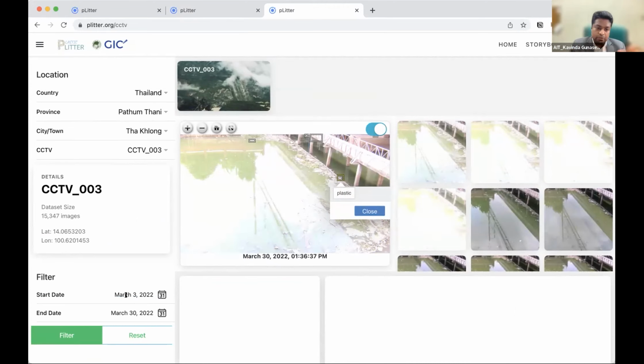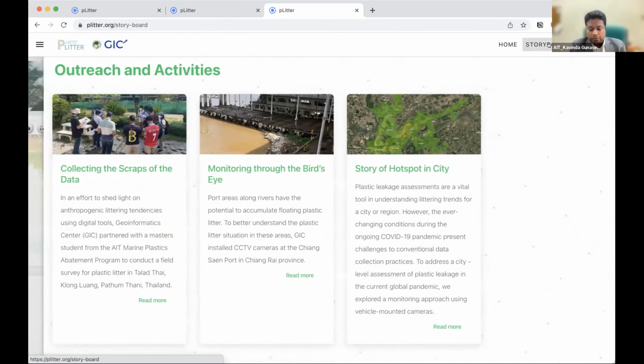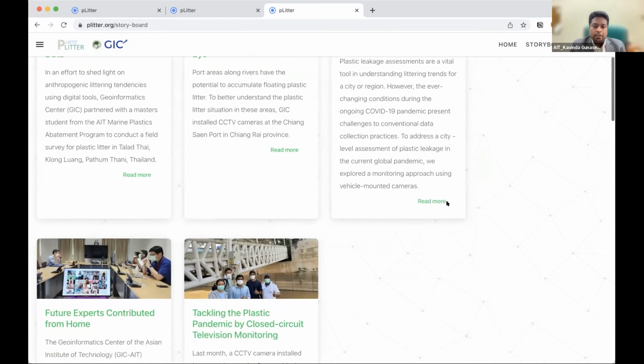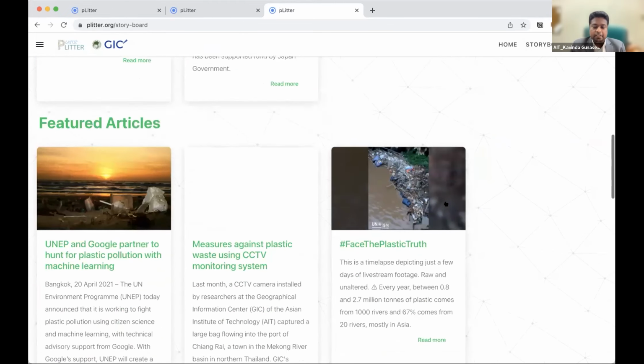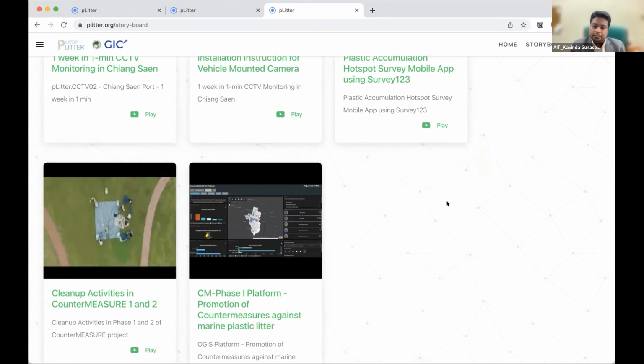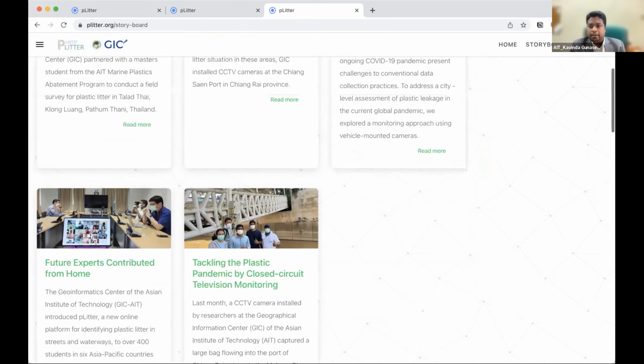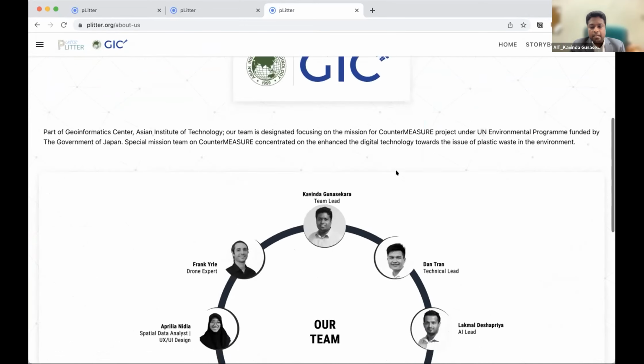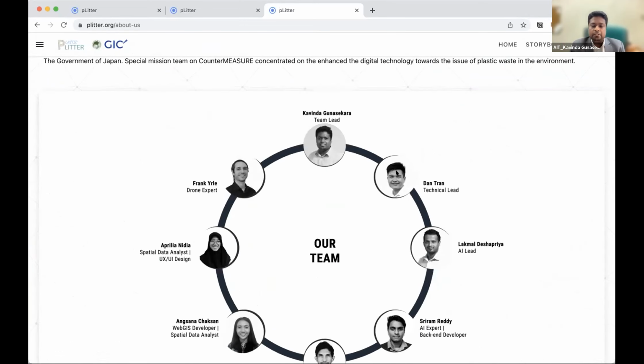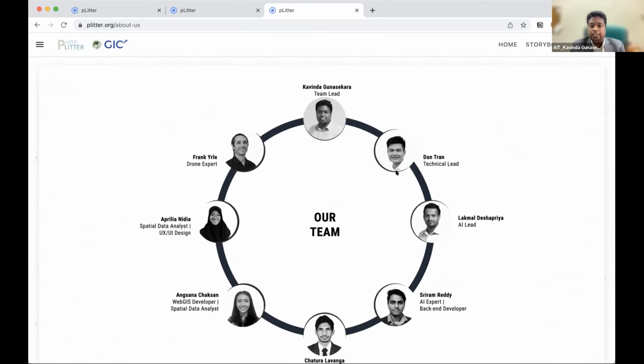And even you can browse through images under this filtering option in our database. And also, if you go to this storyboard, we are compiling all the activities. This is not completed. This platform, just 2 weeks back, we started to make it public. We are still improving. And then about us, you can see our teammates who are working hard to bring all digital solutions together with all the technologies, open to everyone to use. From here, I will stop my talk and I will hand over to Frank.